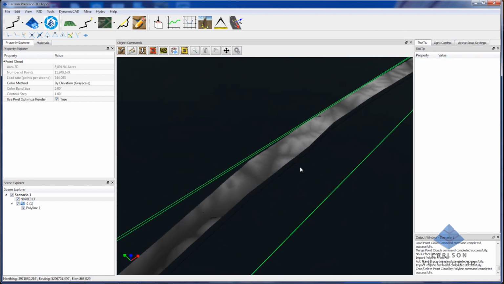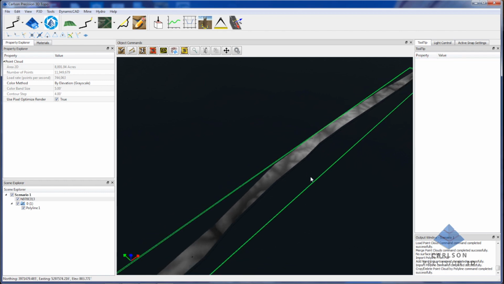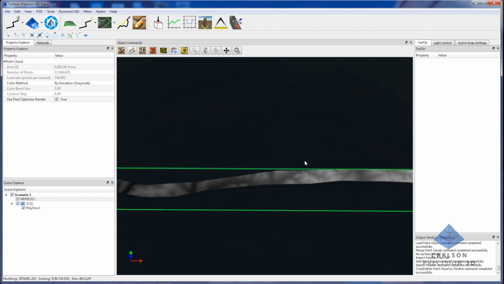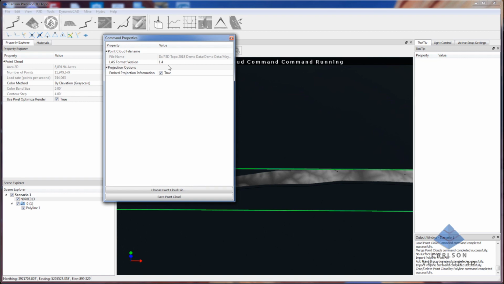But as far as being able to aggregate and bring together a whole bunch of state LiDAR data, merge them together, crop out your area of interest, one of our new things that we can do is save any cloud in the P3D scene as an individual file. In this case, we support LAS versions 1.4, which is the newest one, which supports projections. So if you're loading LAS files that are older versions, they don't have the projection built in, what you can do is bring it into P3D and then set your projection, and then we'll actually burn it in there for you if you pick this